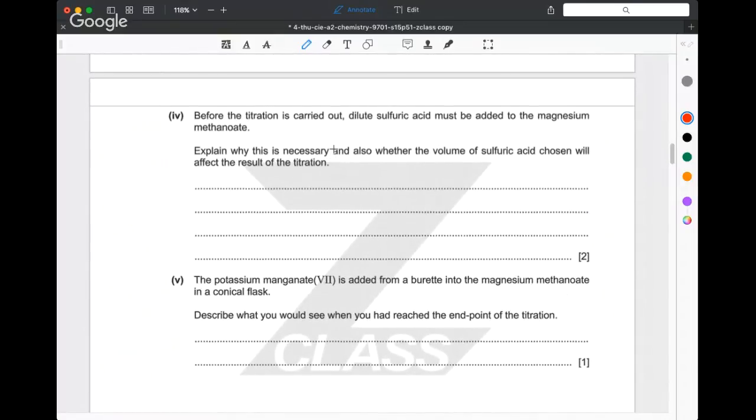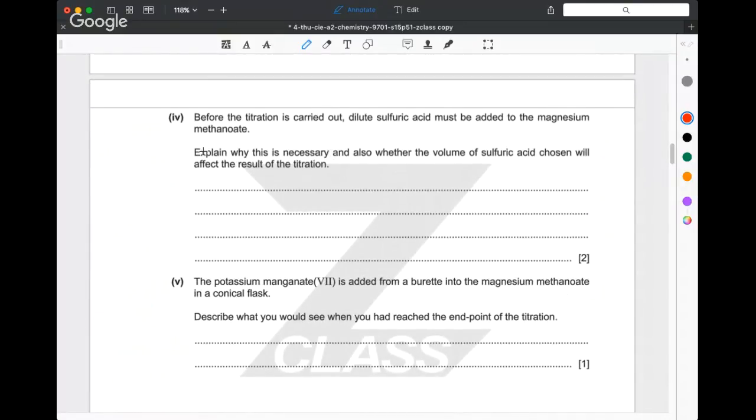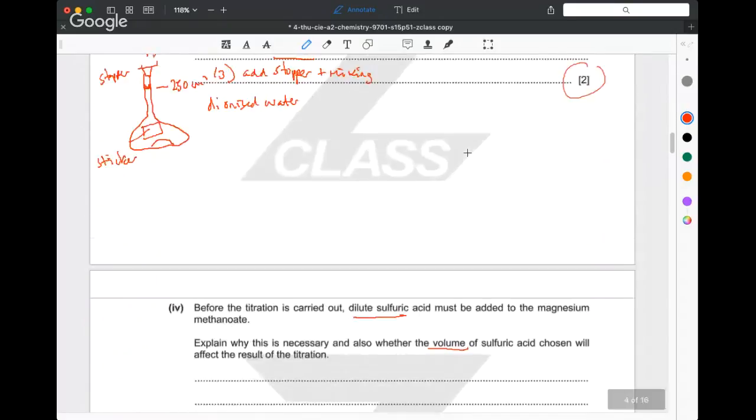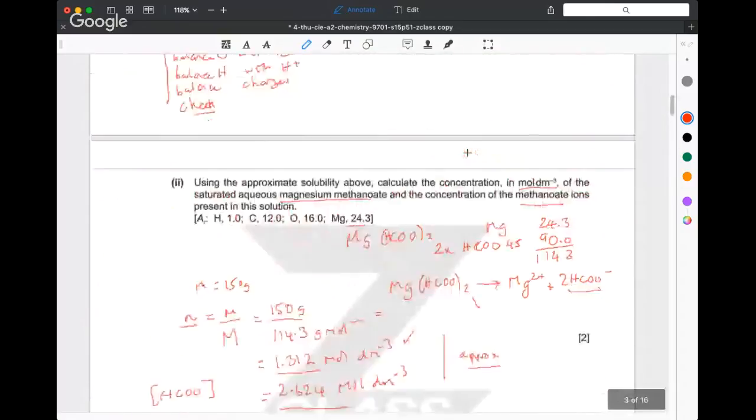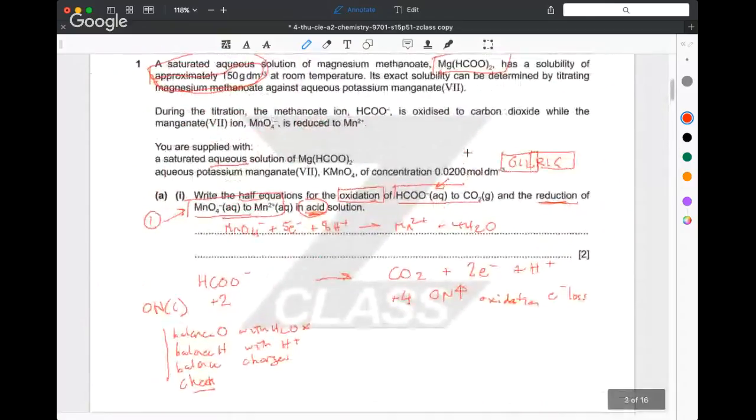Good, so we've done a bit of work in the lab here. We're just about to carry out the titration, and it says we've got to add some sulfuric acid. Do we have to really be concerned about the volume of sulfuric acid that we need? Well, kind of yes and no. If you look back to the equations up here,